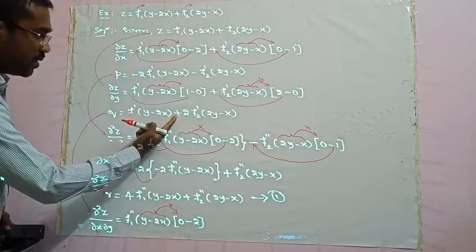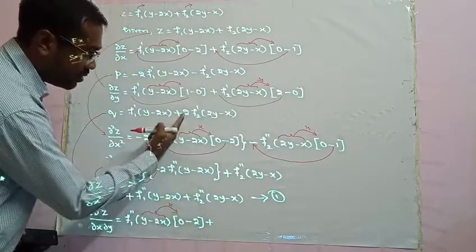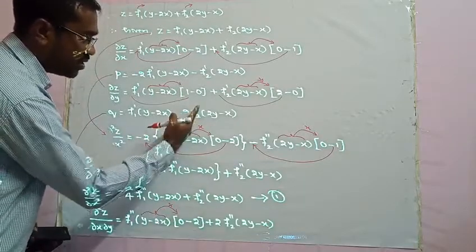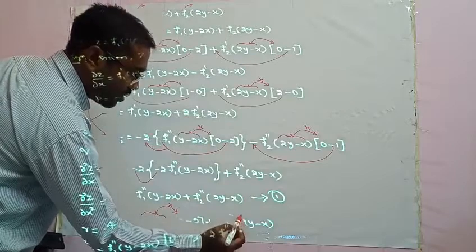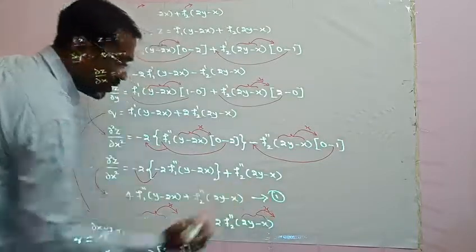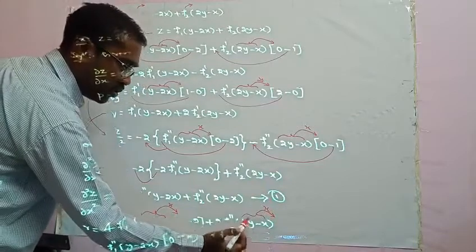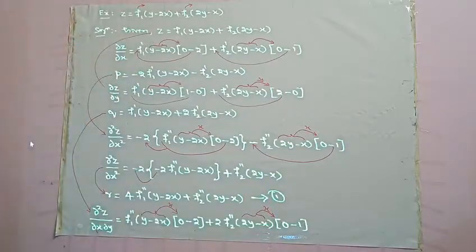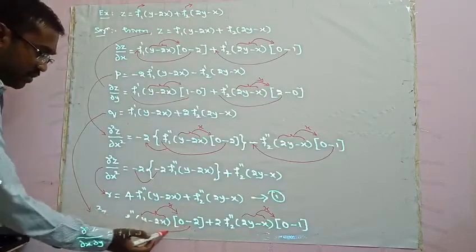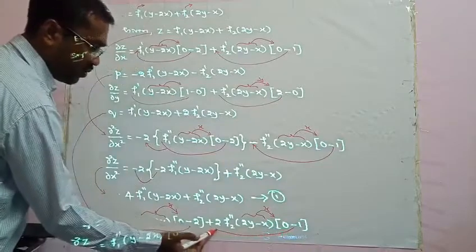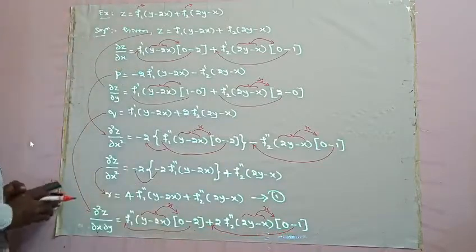Then plus 2 into f2 dash, differentiation is f2 double dash into differentiation of this with respect to x. If we do 0 minus 1 we will get. If we simplify it further by multiplying this minus 2 here and minus 1 with this plus, you get